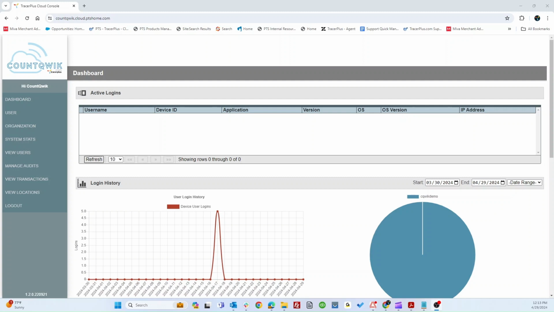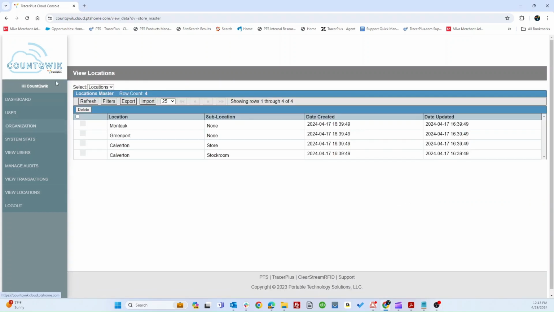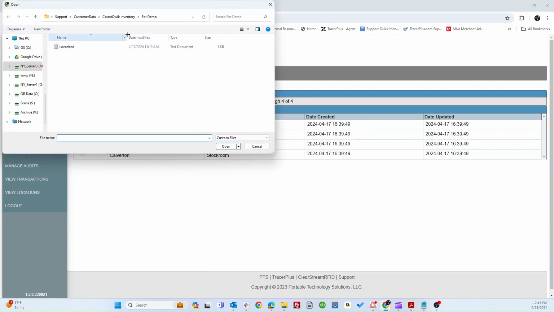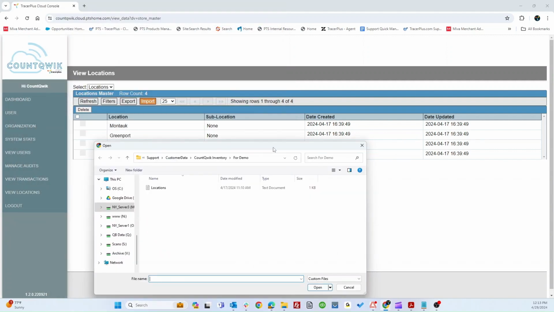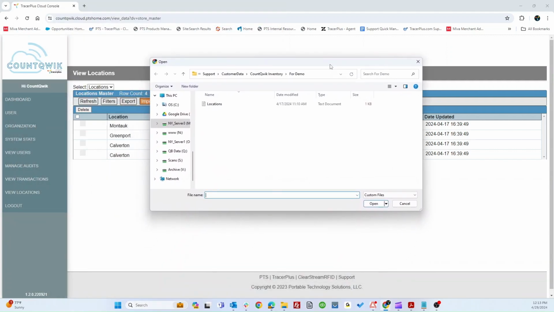So before we can begin performing our cycle count, the first thing we're going to need to do is make sure that we have our locations and inventory entered. To start, we'll head to the View Locations tab on the left-hand side of the dashboard on the cloud, and we're going to click Import right here. This is going to ask us to import any files. To do so, we would just create a text document with our locations, save that, and then we can open it up and import. So we have that saved already, that location folder, so we'll select it, click Open, and